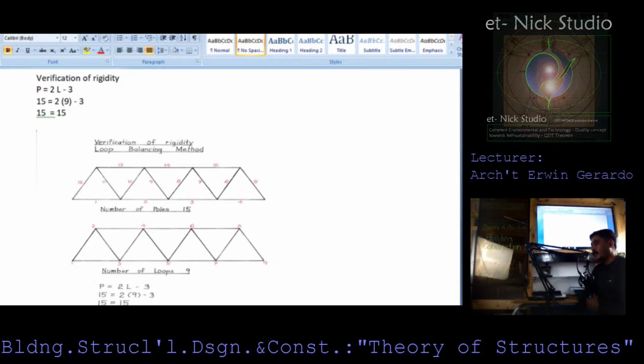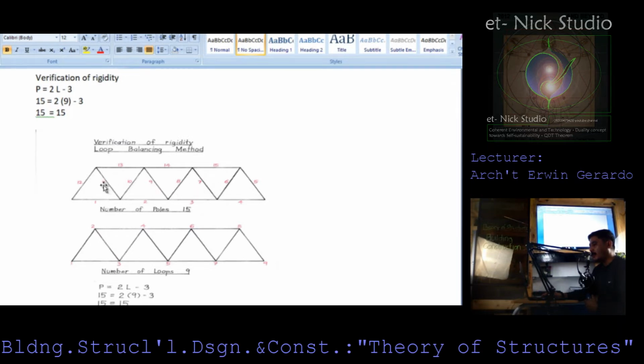So, 15 equals 2 times L, L is 9, minus 3. Therefore, 15 equals 15. So as you can see here, we already have designated the corresponding numbers, which actually denotes